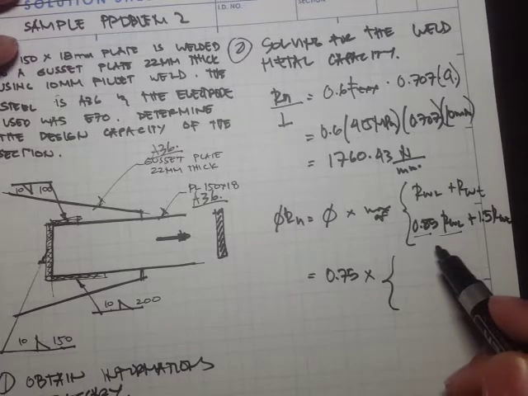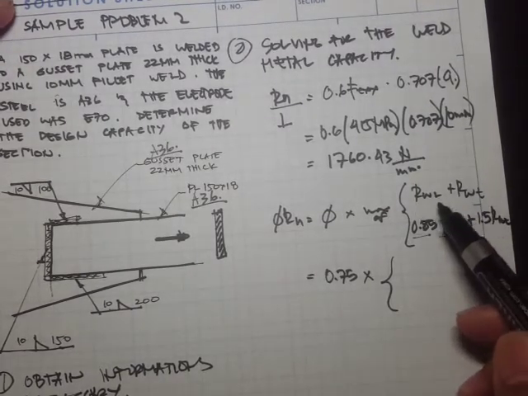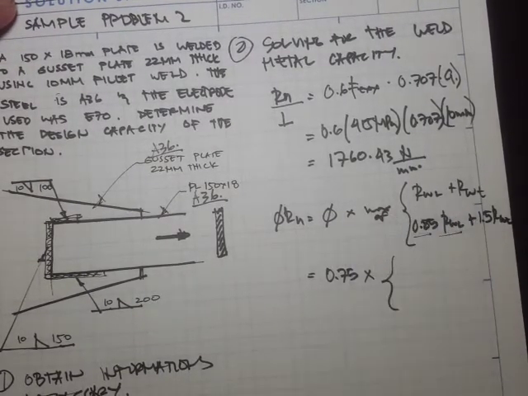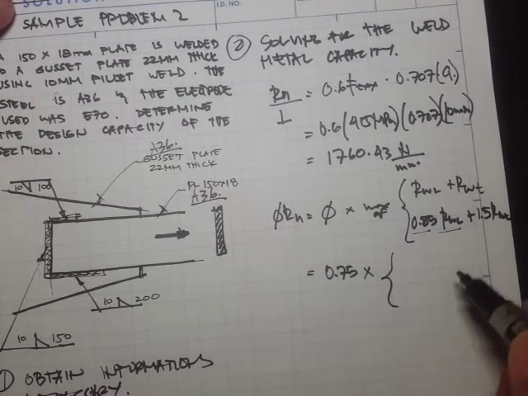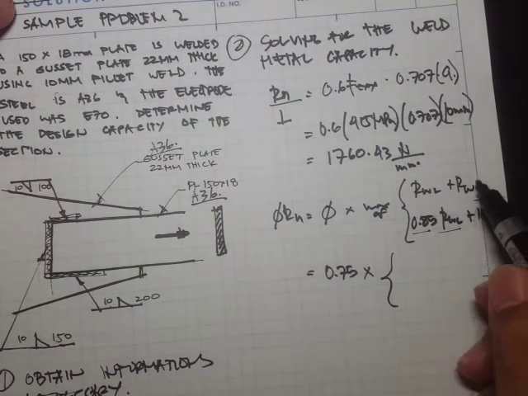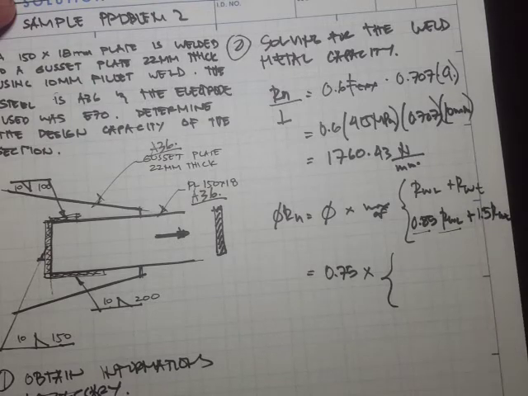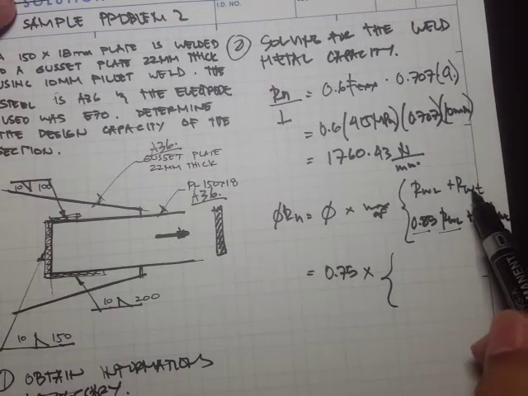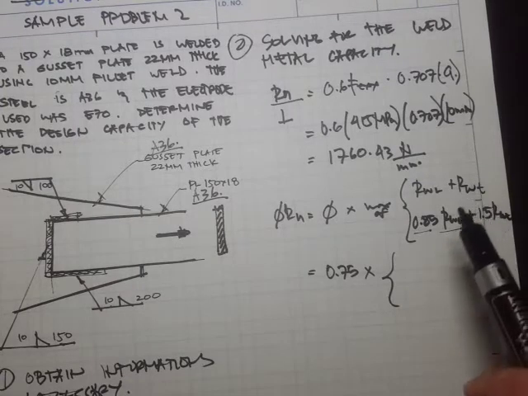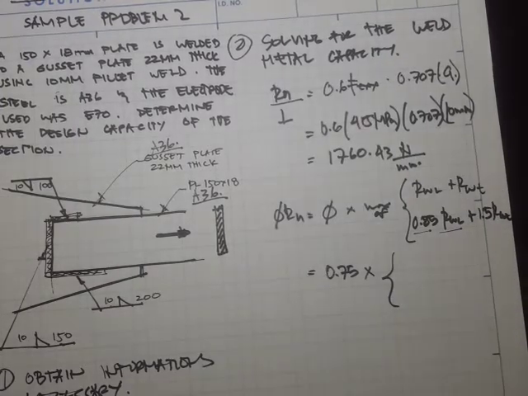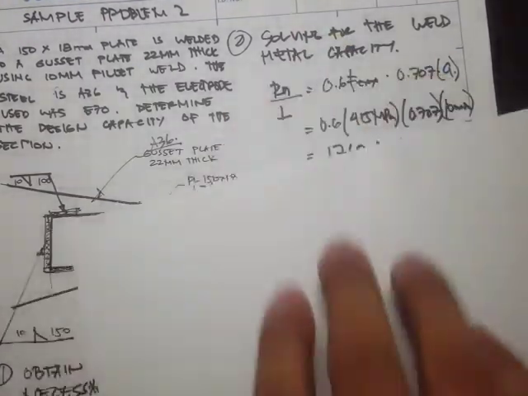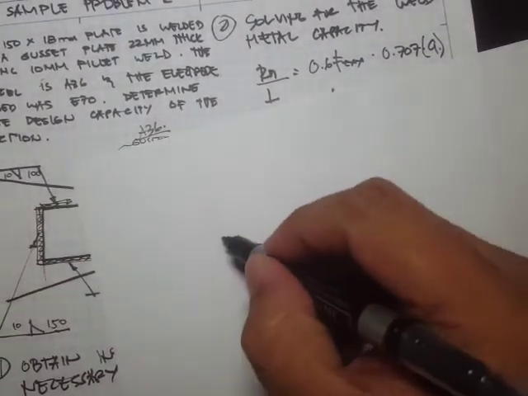However, for simplicity's sake, we just assume it the same, meaning that we don't have to calculate the increase for the transverse section. It's actually 1.5, and the actual equation that you'll find in the code is this one: